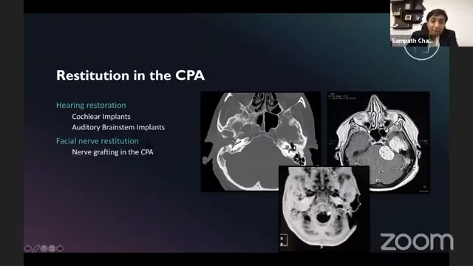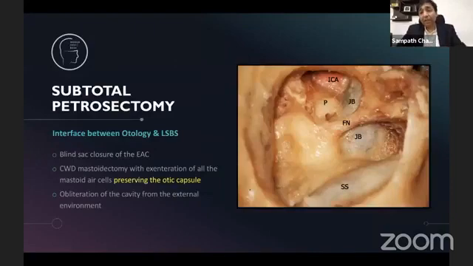That apart, facial nerve grafting, in case of facial nerve sectioning that could occur either due to the tumor or due to the procedure itself, and facial nerve restitution with sural nerve or great auricular nerve anastomosis, can be done in the cerebellopontine angle. So these are the reasons why one would use these approaches in the cerebellopontine angle.